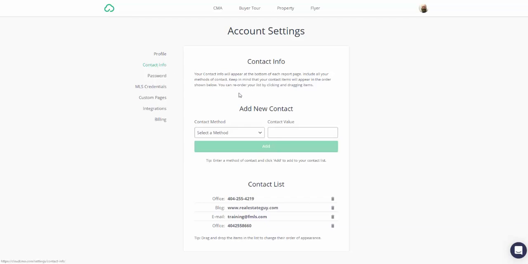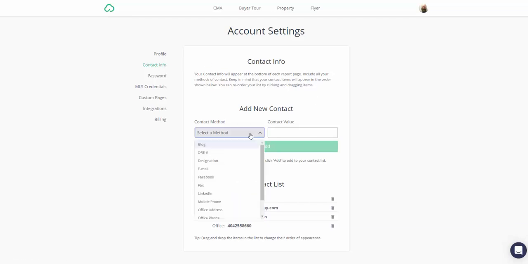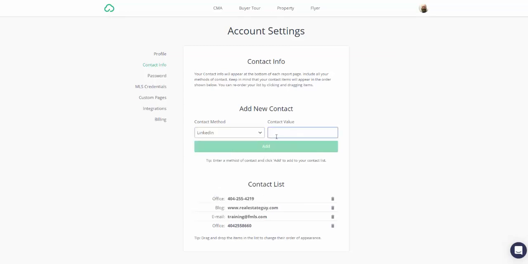On the left, contact information. I just mentioned a few moments ago that there's going to be that Contact Me page in your report. So it's on this tab, Contact Info, that you're going to select a method that somebody can use to contact you. So if you want to give, for instance, somebody your LinkedIn profile, you can click on LinkedIn, and then on the right side, put your profile name there in the box, click add,